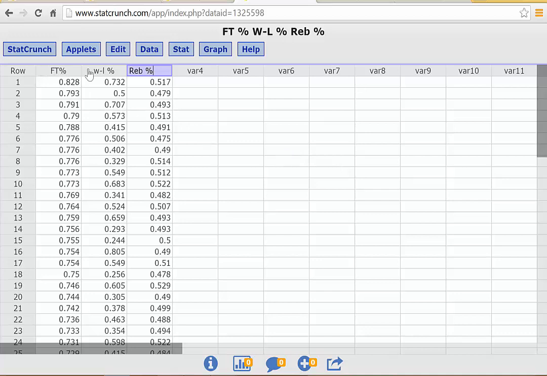So let's compare each of these with the win-loss percentage and see which is more closely related, or at least which has a larger correlation coefficient. So we're going to check to see what the strength of the relationship is when we take free throw percentage as the independent variable and win-loss percentage